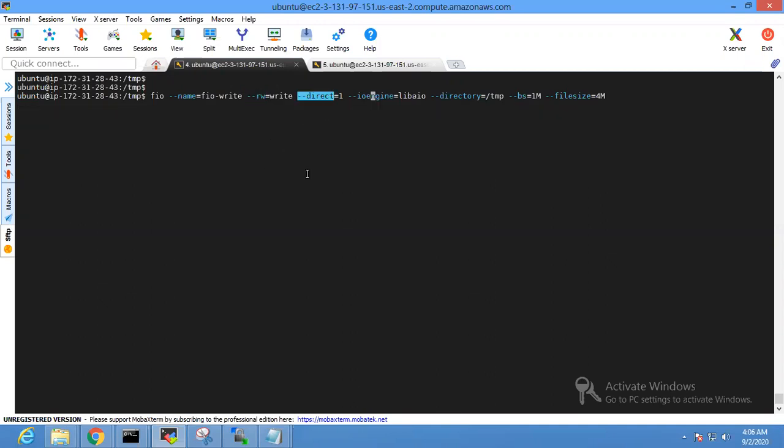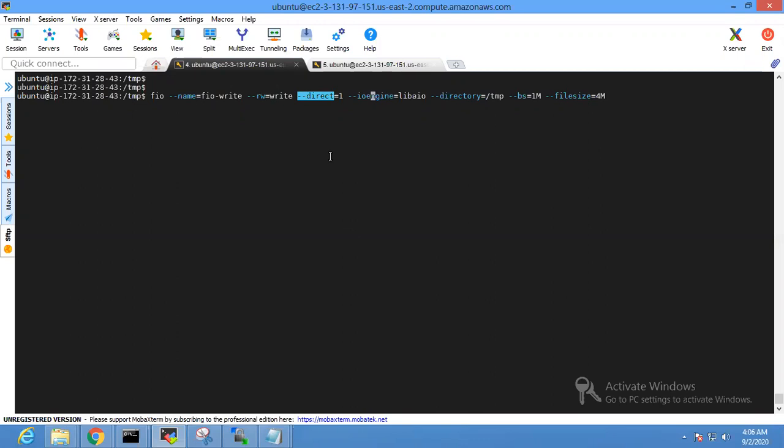Now direct, why are we using direct? Once we say direct, FIO gives you the flexibility to say that I don't want to use client caching. Whenever on the Linux or operating system side, every client has its own cache, and whenever any IO is performed, it goes into the cache and then gets transferred.